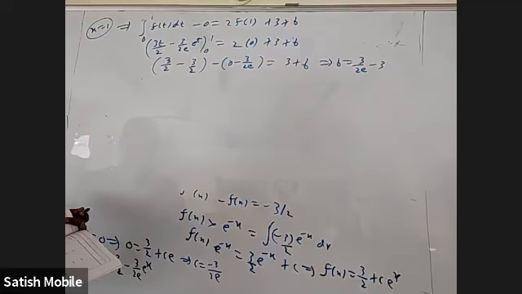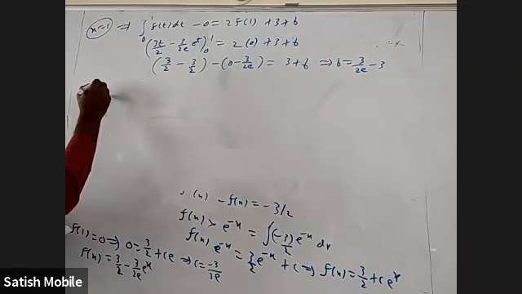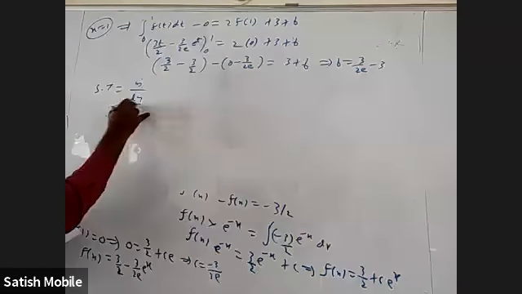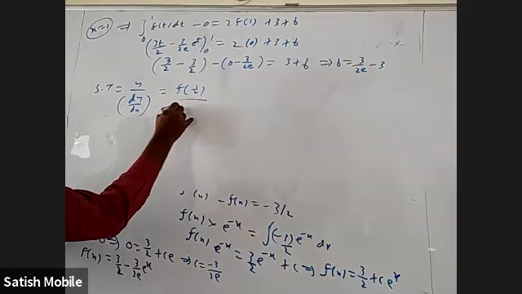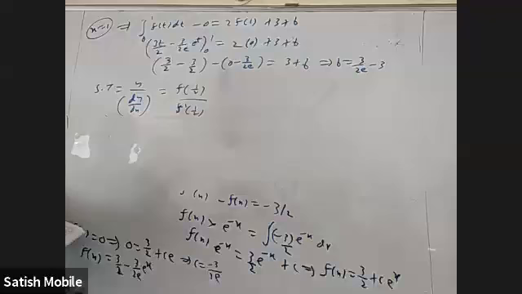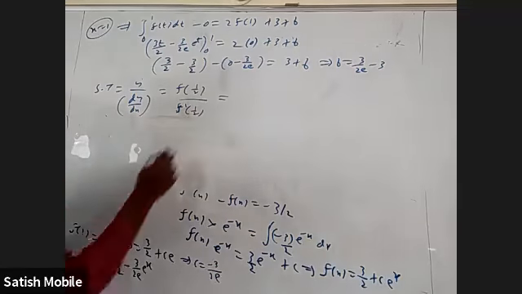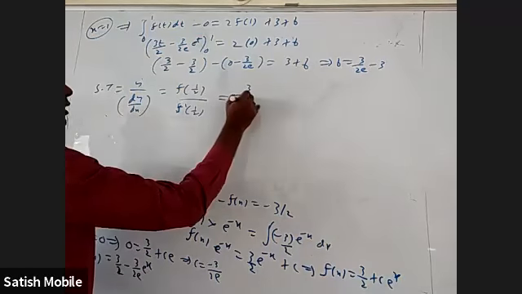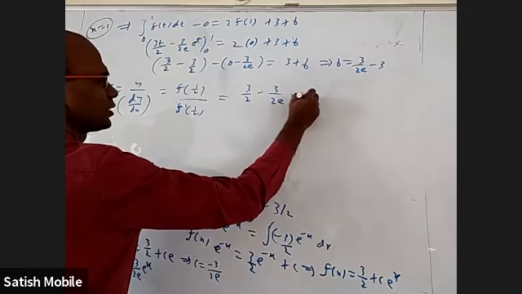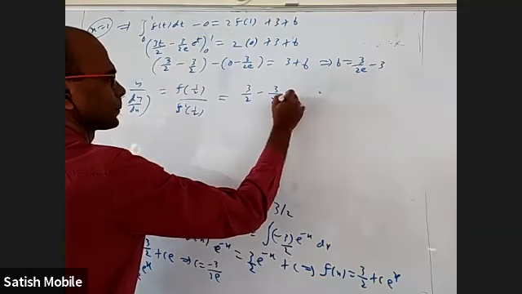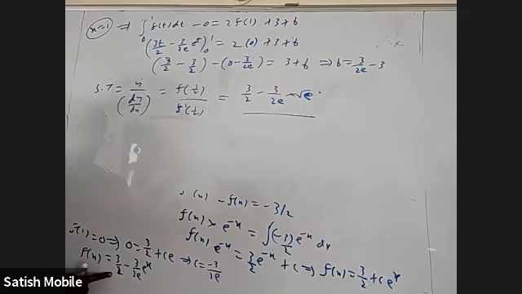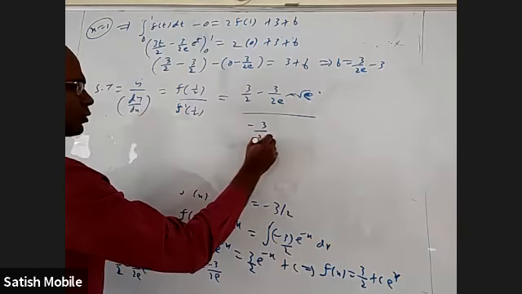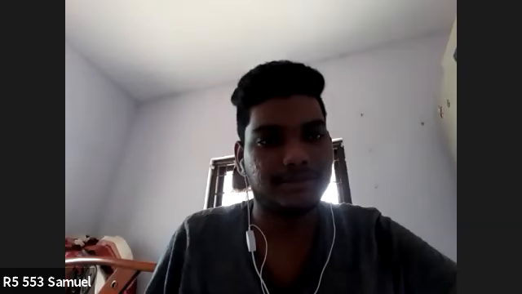Okay, so I want the subtangent at x equal to 1 by 2. So subtangent is y by dy by dx. That is basically f of 1 by 2 by f dash 1 by 2. When you directly put 1 by 2 here, it is 3 by 2 minus 3 by 2e into e power 1 by 2, which is root e. When you find f dash 1 by 2, when I differentiate this, this derivative is 0. This derivative will come minus 3 by 2e into e power x, which is e power 1 by 2.